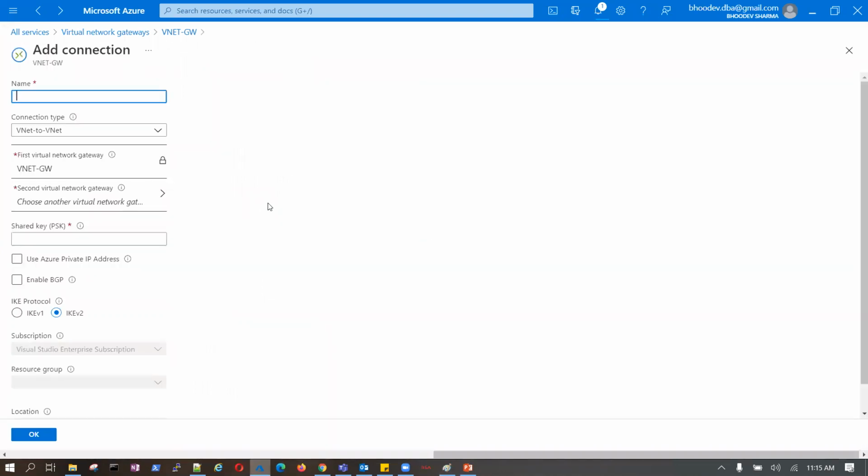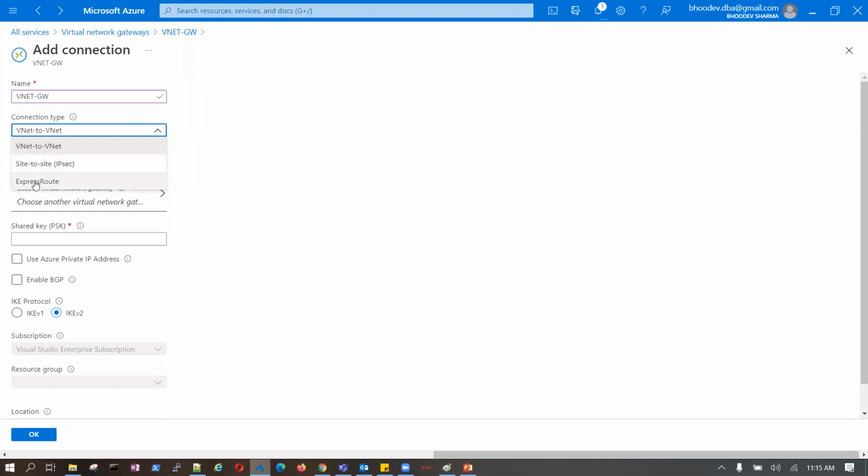To create this connection, we need certain things. My connection name is VNet GW. Okay, connection type: it's VNet to VNet or site to site.